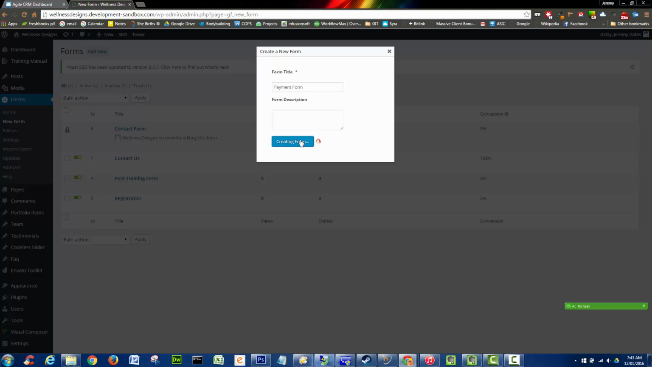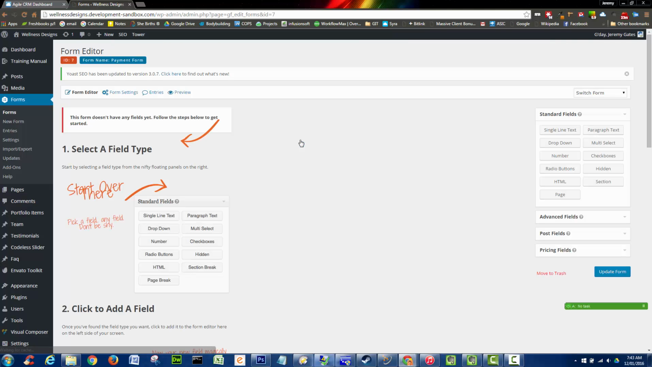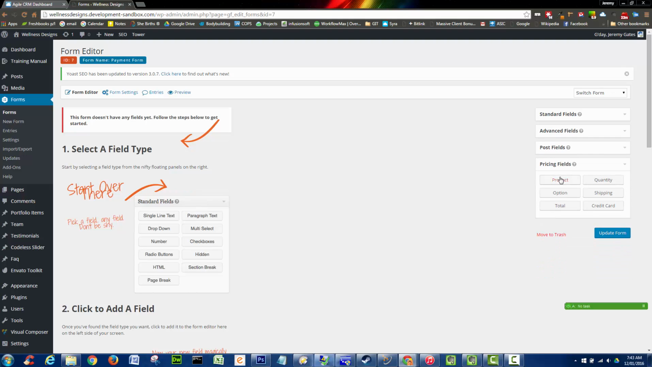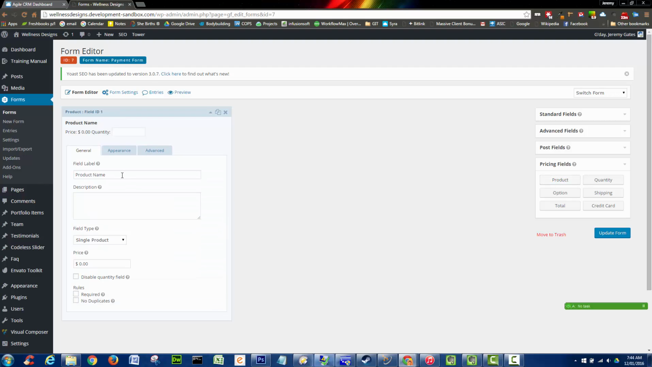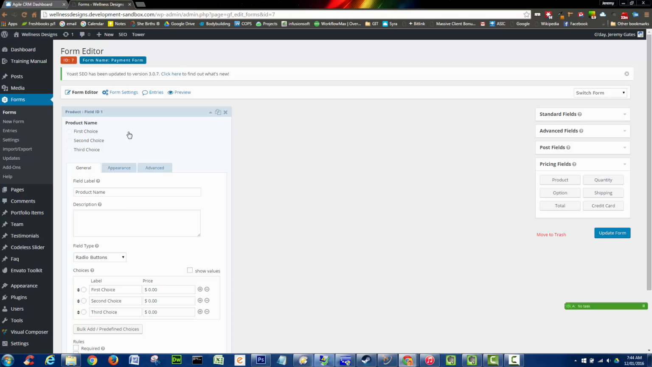I'll just give a generic name of a payment form. Okay, so when we're working with payment forms, we're principally working with pricing fields. So you first need to develop your products, and then we have the opportunity to create options around them. So in this case, we're going to be offering a range of products, and you can see that they each have different prices. Another way of doing this would be to create options, which we'll explore as a second